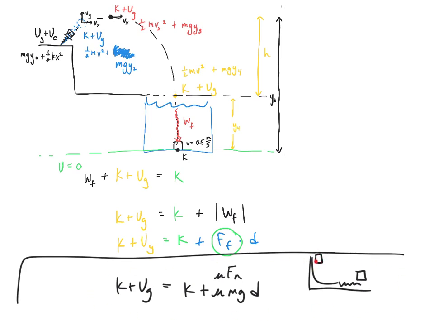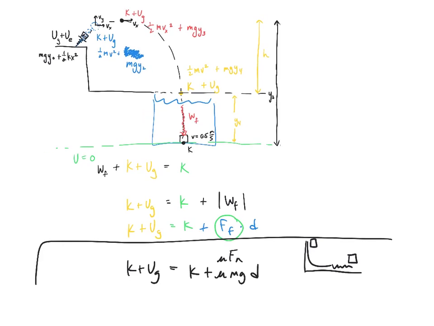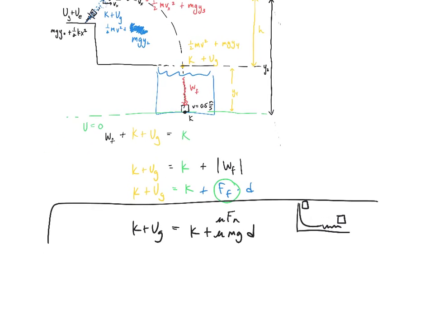At the top, if you gave it a little push, you would have kinetic and you would have gravitational. At this moment here, you would have only kinetic. But as it's traveling along the floor, if it's still moving, you still have some kinetic, which is this, and you have some frictional energy loss, which would be the friction on the floor. What are we talking about, Tristan? Yeah. Frictional energy loss. I just don't understand how